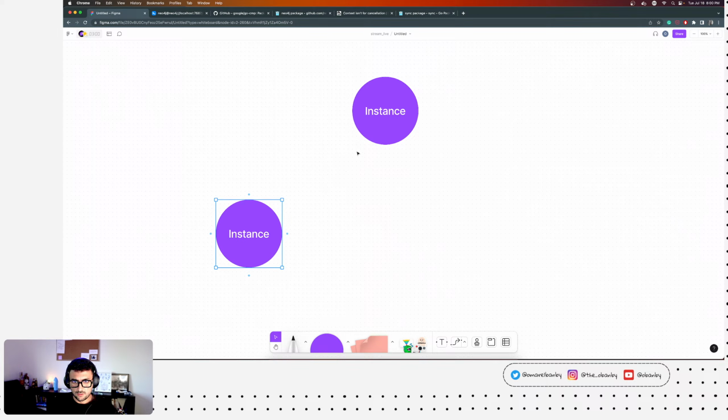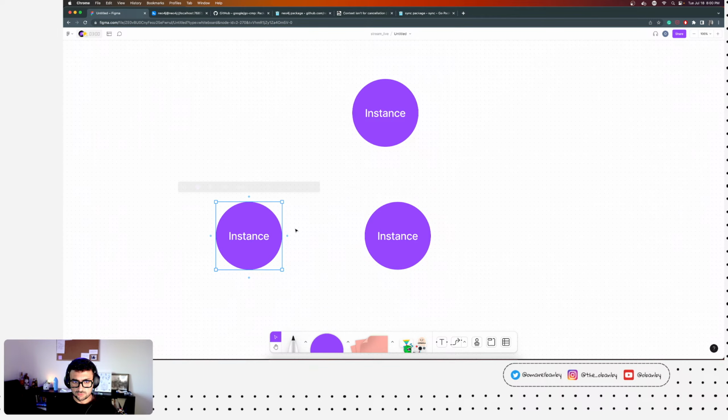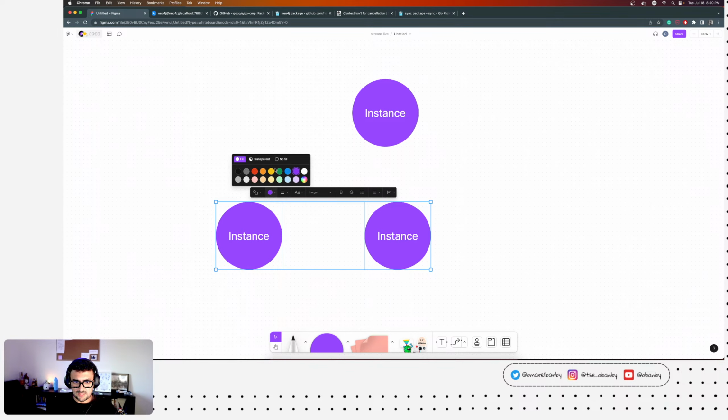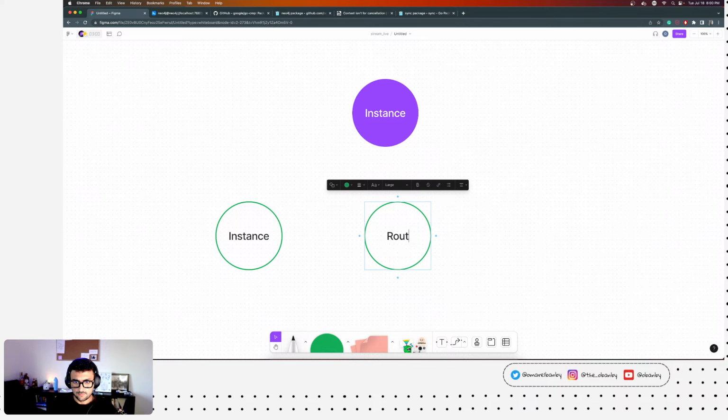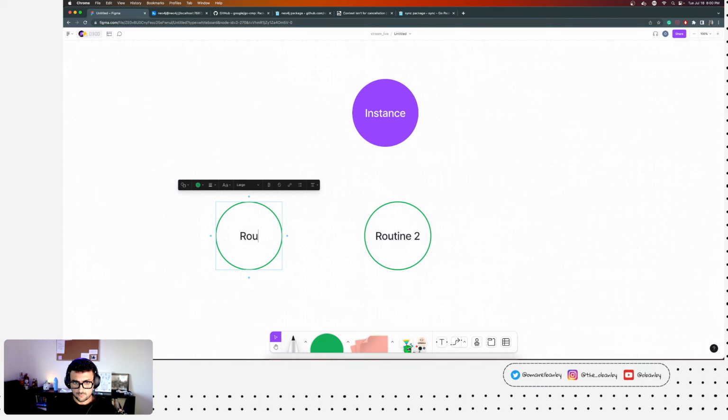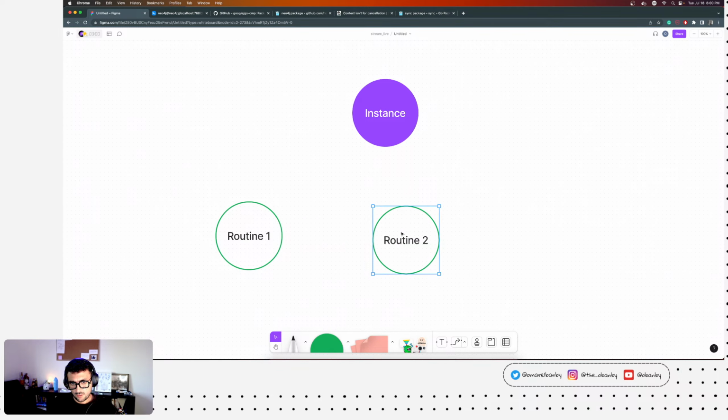And we have routine 1, routine 2, and let's make these guys green, no fill. Kind of like that.